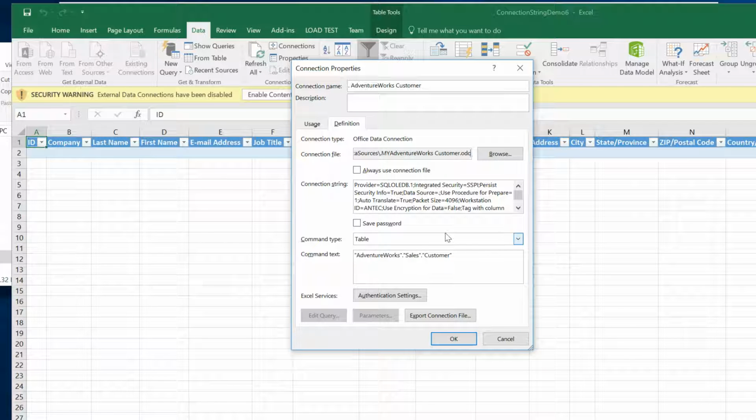So now I've changed the name of the connection file. You can change any aspect of the connection file name. You can change where it's located, the hard drive name, the name of the file itself, the directory. Any aspect can be changed very easily. Okay, I'm going to show you one more demo now about how to turn on the Always Use Connection File